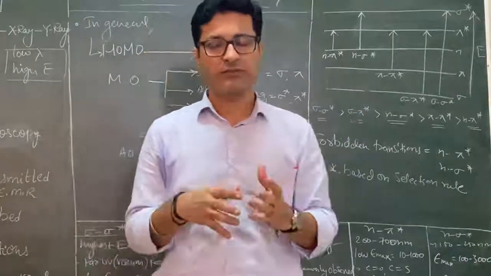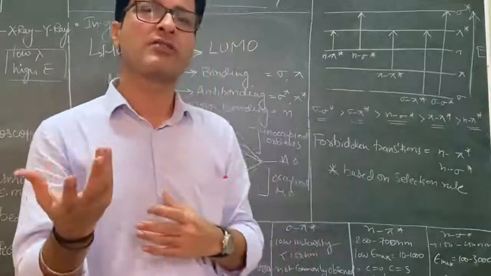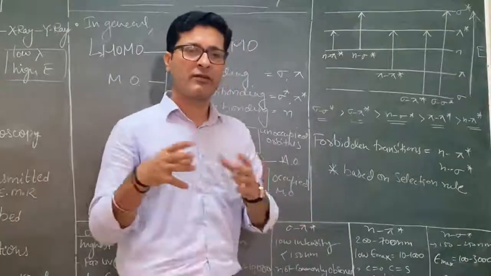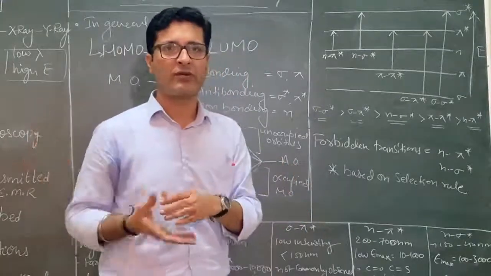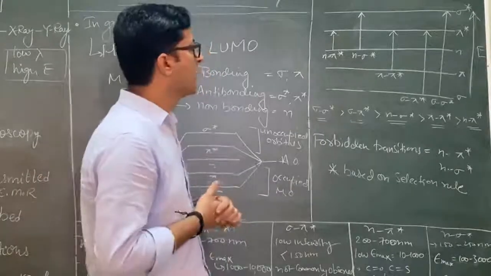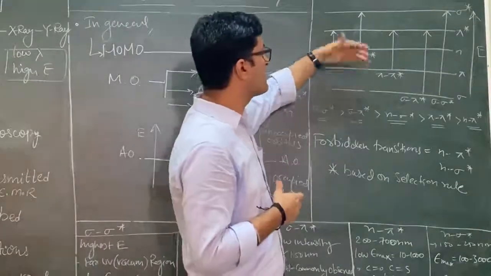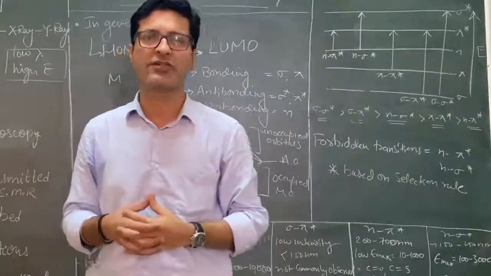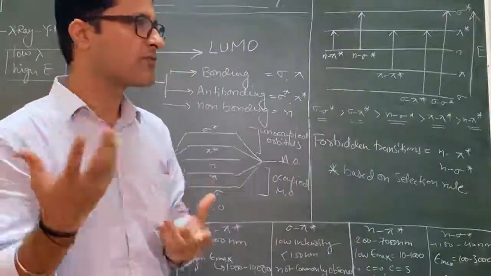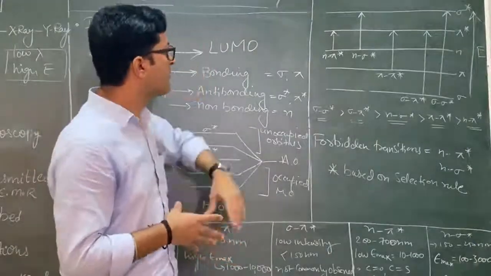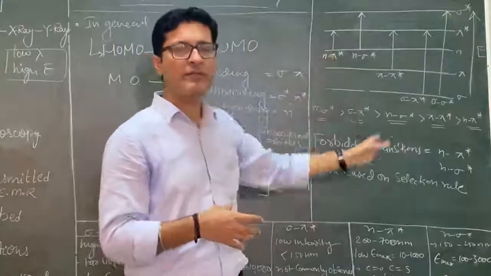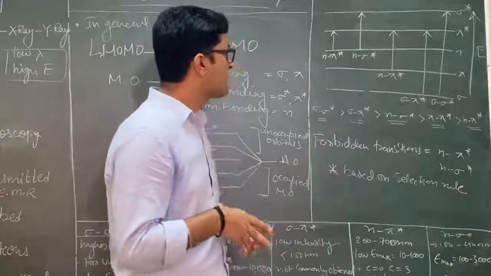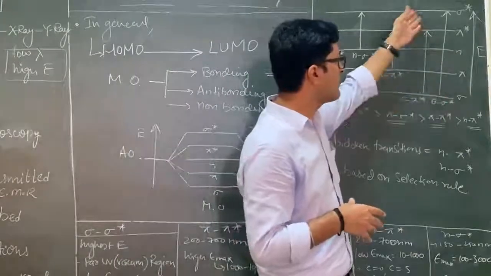And apart from these, when a non-bonding electron gets transited, it can go either to the sigma anti-bonding orbital or the pi anti-bonding orbital. When a non-bonding electron jumps to the sigma anti-bonding orbital, it forms the fourth type, the n to sigma star transition. And when a non-bonding electron jumps to the pi anti-bonding orbital, it constitutes the last, fifth type, the n to pi star transition. As we can see clearly, the energy is increasing toward the upside.